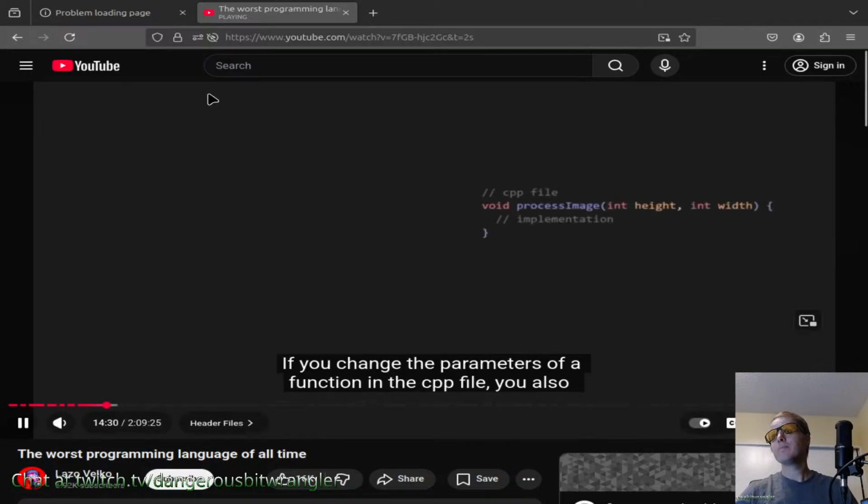If you change the parameters of a function in the CPP